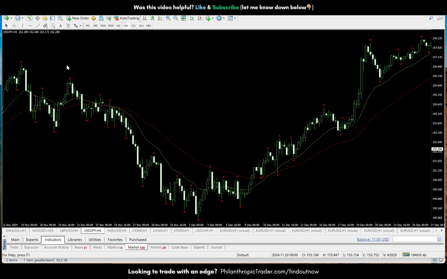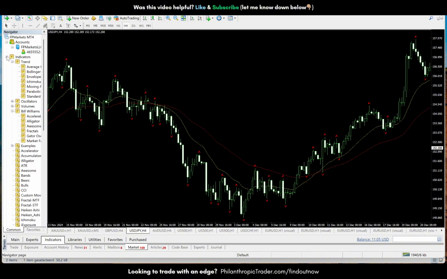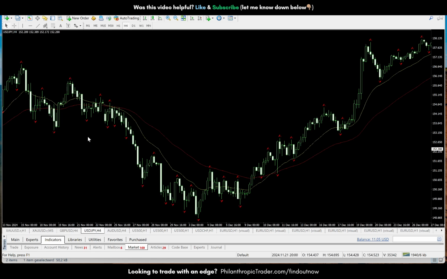But okay, how to install it. So this is what you will see if you open an account. Then we go to this over here, which is the navigator, and here we see, in my case, all kinds of indicators, right? So how can we add an indicator? There are basically two ways. First, if you use a custom indicator that is also